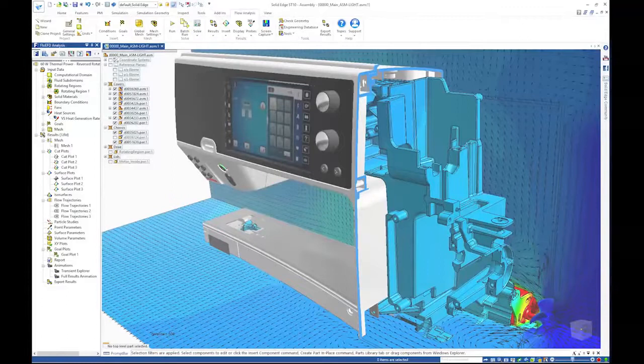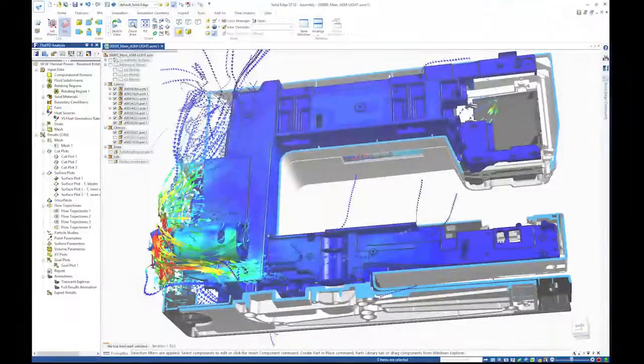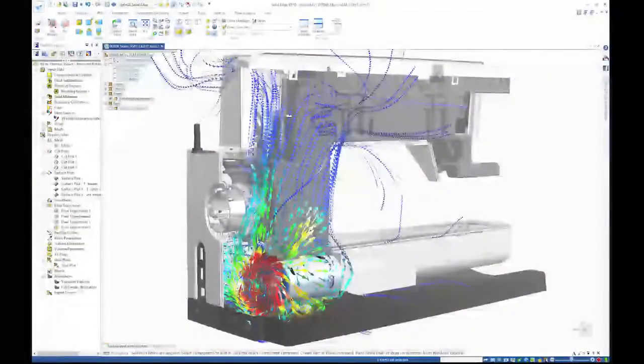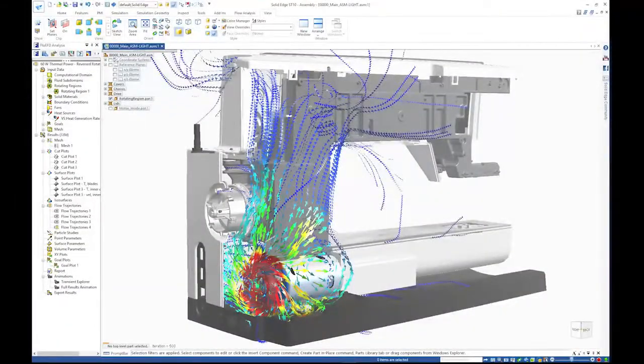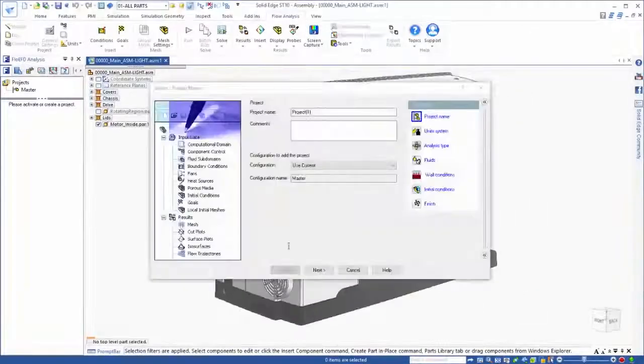Comprehensive product design includes analysis, and Solid Edge Flow Simulation delivers fully integrated, accurate, and fast fluid flow and heat transfer tools to designers and analysts alike. No longer dependent on third-party software, the entire flow analysis process can be completed within Solid Edge and its familiar